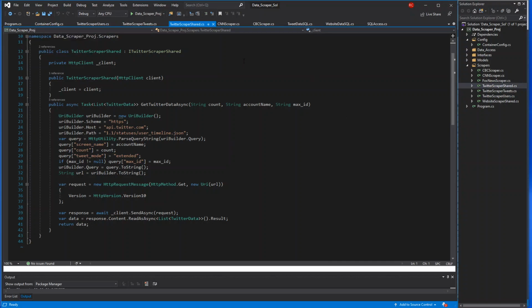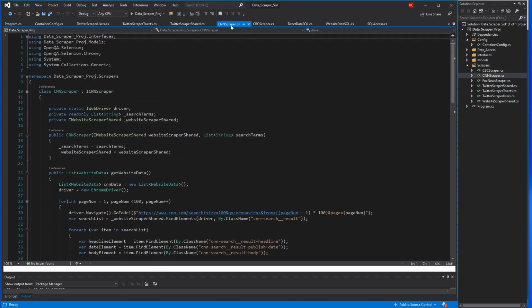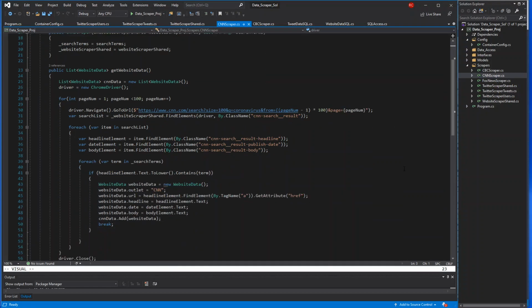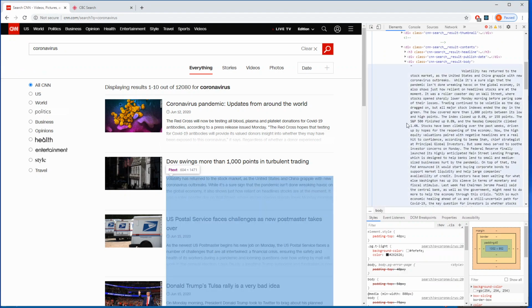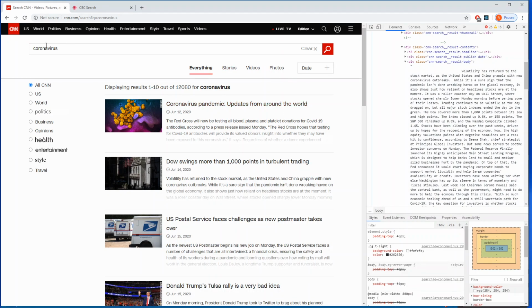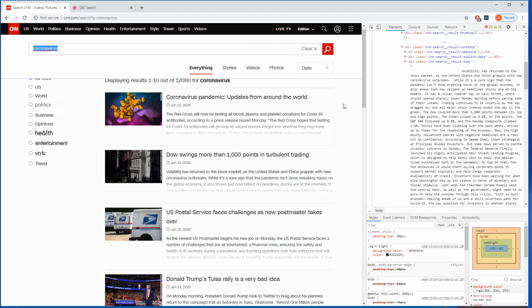So for websites, it's a bit more involved because each website is set up differently. So when you scrape websites, you have to get a WebDriver, use Selenium, and then you can open up a browser and control it via your code. For CNN, for example, CNN was actually pretty interesting because I'll just pop over to their site here. So if you search for CNN, you can see the search results here. If you search for coronavirus, for example, and you scroll through,